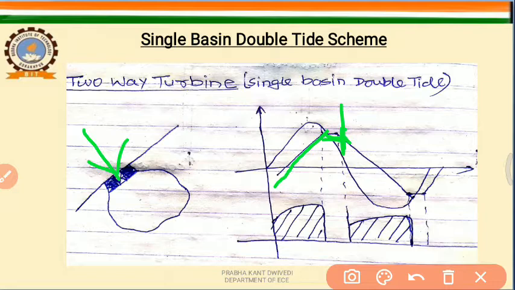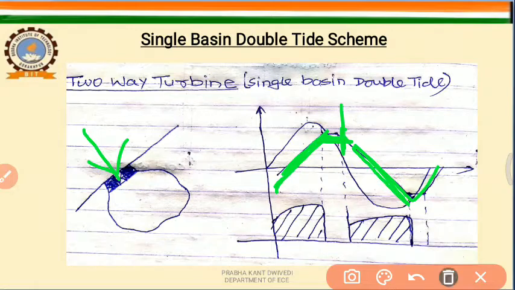So if we observe in this system, the gates are closed and water level increases here. Then gates are open for a very less period, and then gates are closed again and water again passes through the turbine, and we receive the electricity in both of the cycles, in the filling of the basin and in the emptying of the basin. In both of the cycles we receive the electricity, and this system provides the energy in both of the cycles.